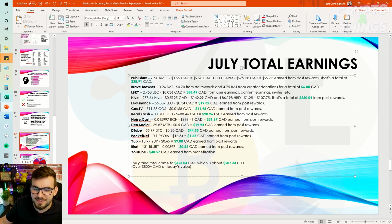Interestingly, DEN MTR has gone down in value. So that's kind of unfortunate to see. But theirs is $19.94. So, still reasonably good earnings there. And I always just put it back into keeping it there so that I can earn passively from my MTR as well. My concern that MTR isn't going up, or my reasoning or assumptions behind that, is that